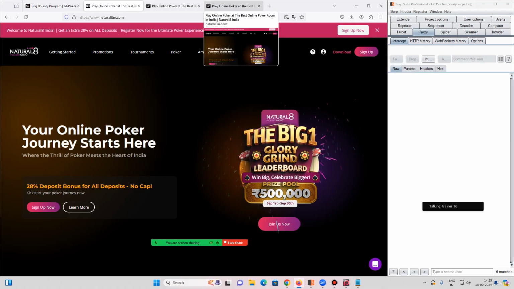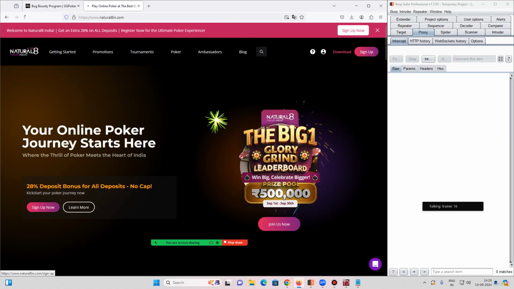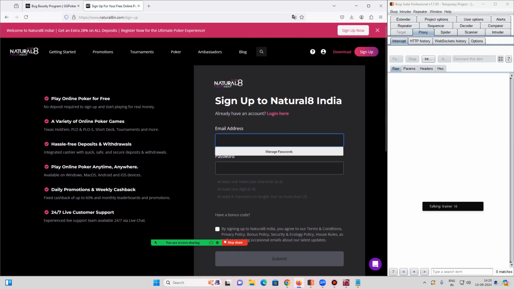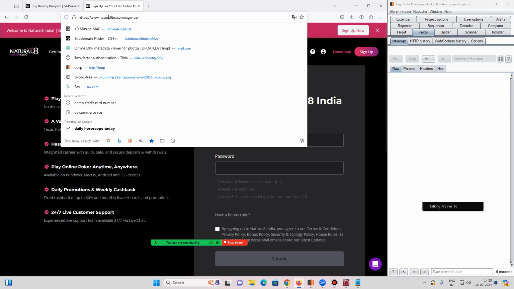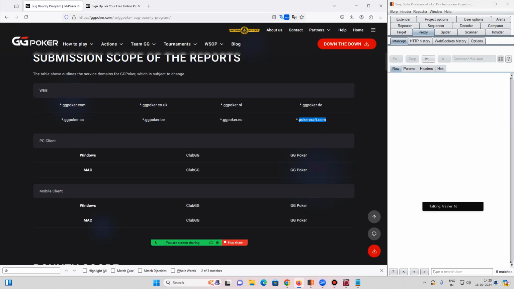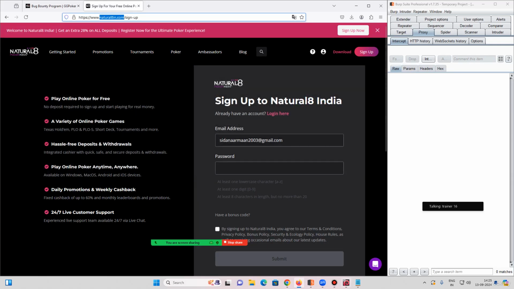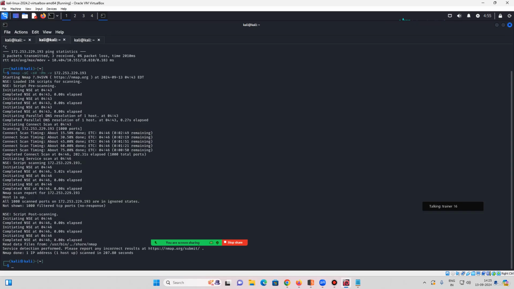So let's hunt on this. If I click on sign up now, it's asking for an email address. Some of the subdomains are not redirecting to that page actually. But if it's redirecting over here, most probably it would be an asset of this particular company. For example, if we try looking it up over here,